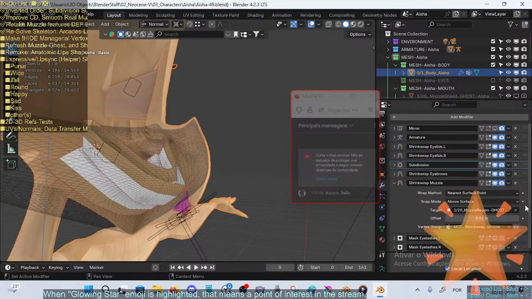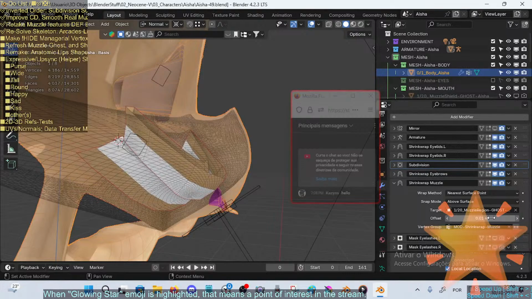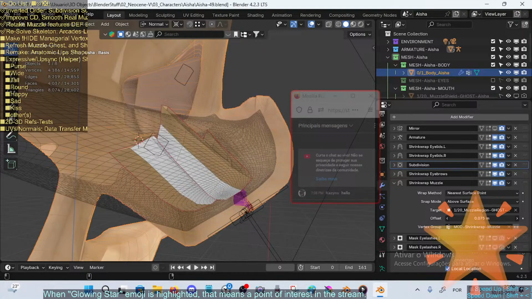It is this value for the ghost muzzle, yes. 0.06, maybe this, no. In principle I understand this should match how much we flatten in an inverse way, but I must admit I'm a bit confused now what the value should be. So maybe I just, yeah, because if it were, right,